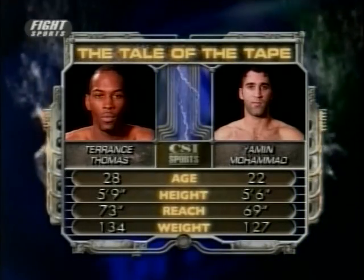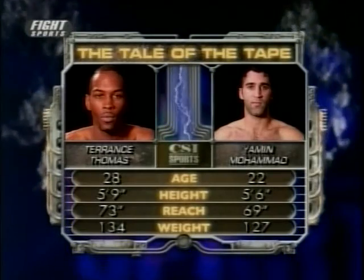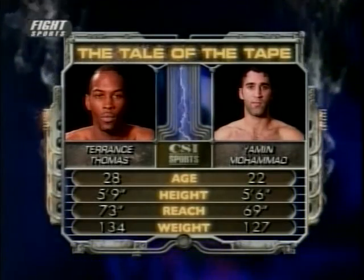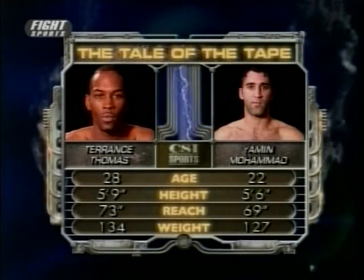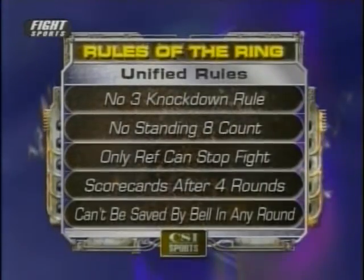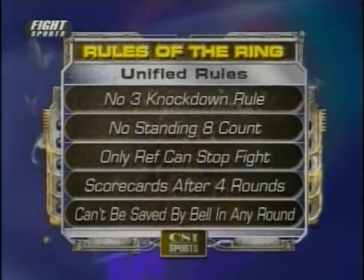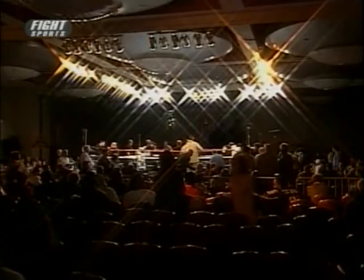Thomas is 3 inches taller, and he has a 4-inch reach advantage and a little bit of a weight advantage. Rules for this one: no 3 knockdown rule, no standing 8 count. Only the referee can stop this fight. They'll go to the scorecards after 4 rounds, and these fighters can't be saved by the bell in any of the 4